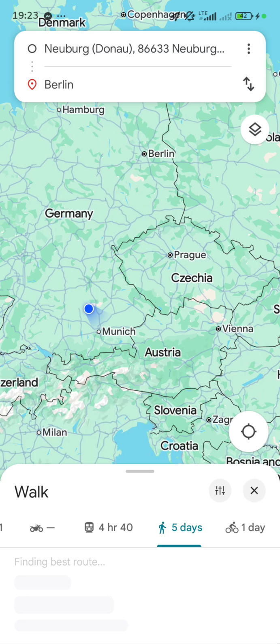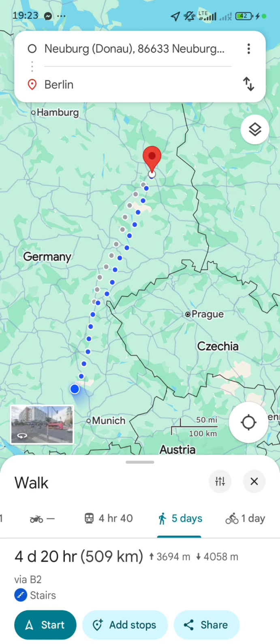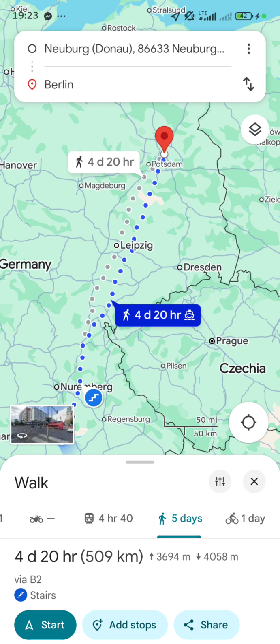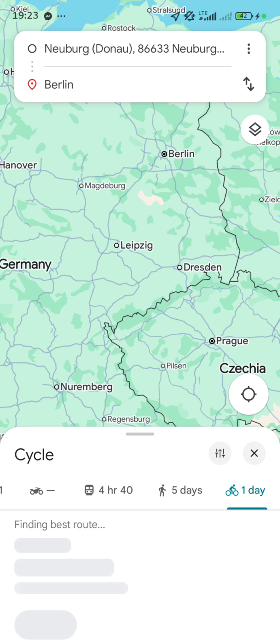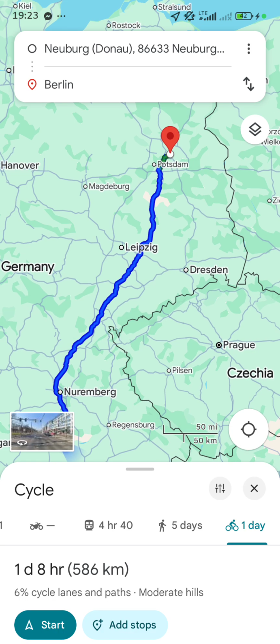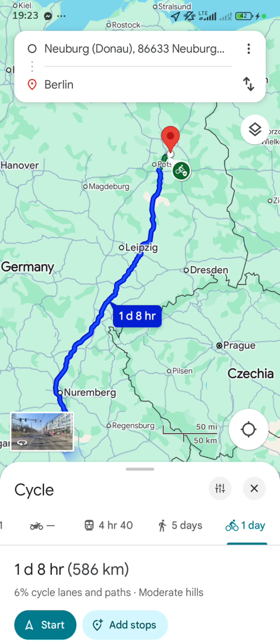If I want to go by walk, it takes 5 days. If I want to go by cycling, then it takes almost 1 day. I hope you understand everything and like this way. And the main thing is that when we go a short distance, and we want to go somewhere near to us but we don't know where the place is, if you write down the right way, I mean, you can